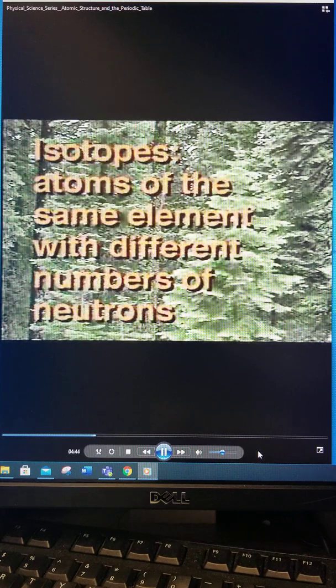While most types of carbon, such as that in these trees, have 6 protons, the number of neutrons may vary. Isotopes are atoms of the same element with different numbers of neutrons. For example, carbon can have an atomic mass of 12 or 14. Carbon with an atomic mass of 12, seen here with 6 red protons and 6 blue neutrons, is referred to as carbon-12. But carbon can also have an atomic mass of 14, called carbon-14, seen here with 6 red protons